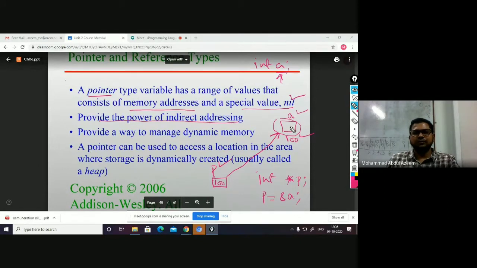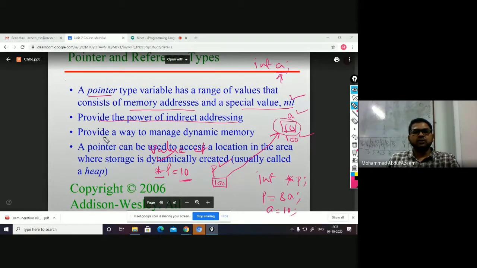If I have to access it through A, I just say A, but through P, I say asterisk P. This asterisk acts as the value at P. If you have given A some value, for example 10, then 10 is placed here, and asterisk P will give me 10. This is how the concept of a pointer is used to indirectly access a particular memory.